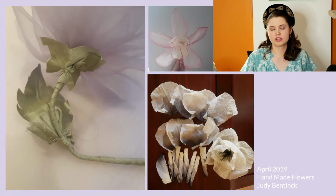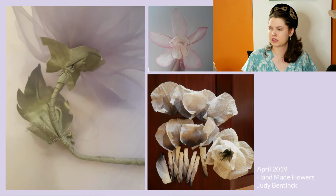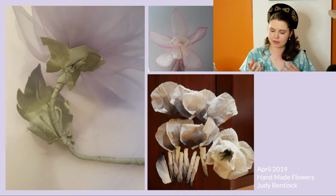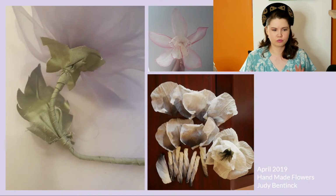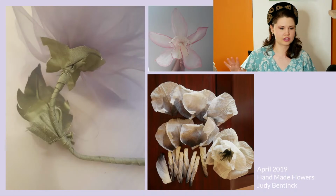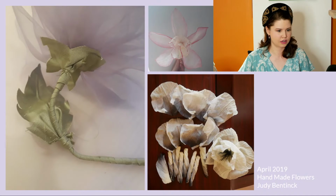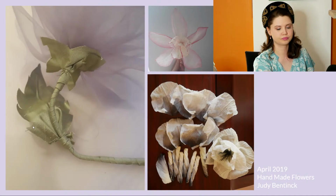Let me know if you guys are interested in an orchid tutorial. Orchids are quite interesting flowers. They're not something you see a lot of, I think, in millinery. I think maybe that's why I'm slightly drawn to orchids. You've got lots of variations with how you can make orchids, and this is just one of them. I think at some point later on in the slideshow I have another variation on how to make an orchid that I came up with by myself as well. So we'll get onto that. But I think next up,